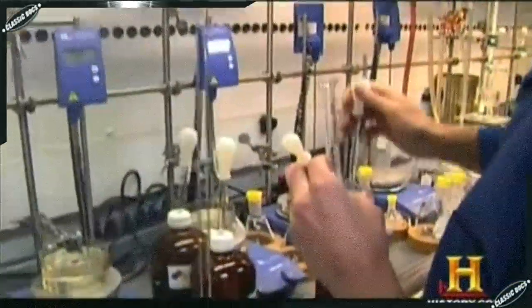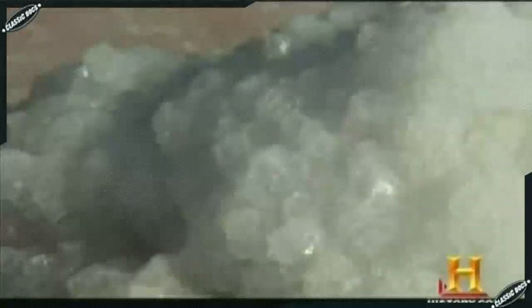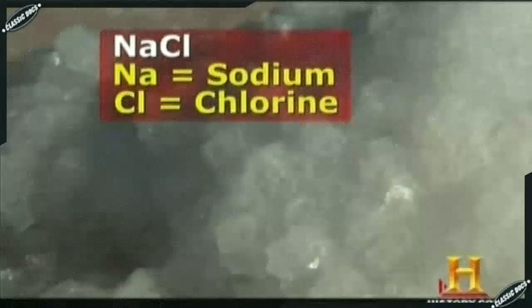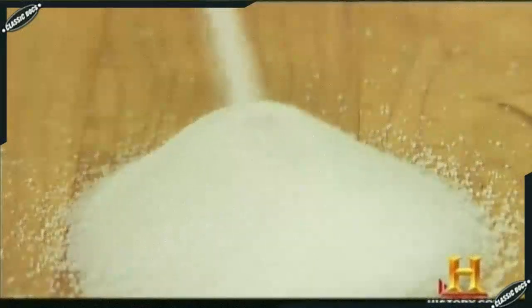Salt is the name that chemists give to a metal and non-metal compound. The most commonly known salt is sodium chloride, or NaCl, which features sodium metal and chlorine gas. Incredibly, the two elements that comprise the stable, ingestible salt we all know and love are two very reactive and sometimes dangerous substances. What we're going to do today is a very simple but exciting demonstration of adding sodium to